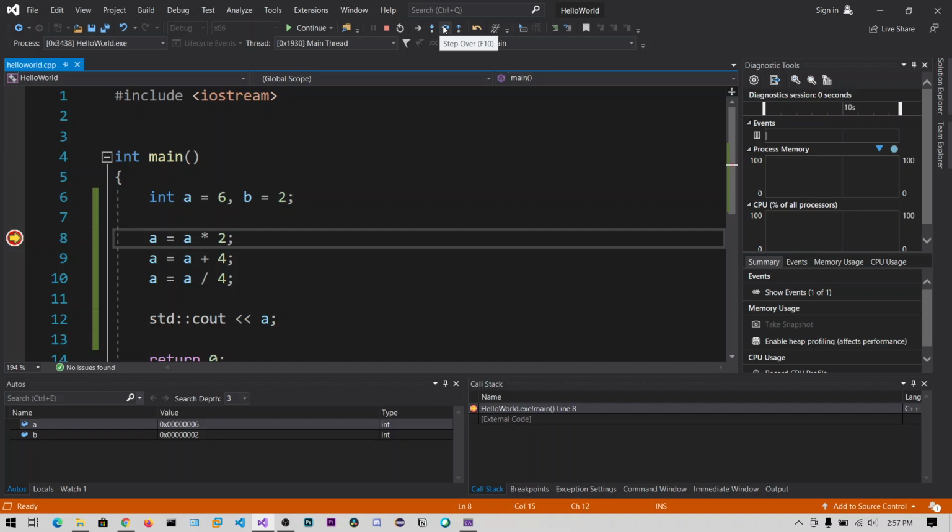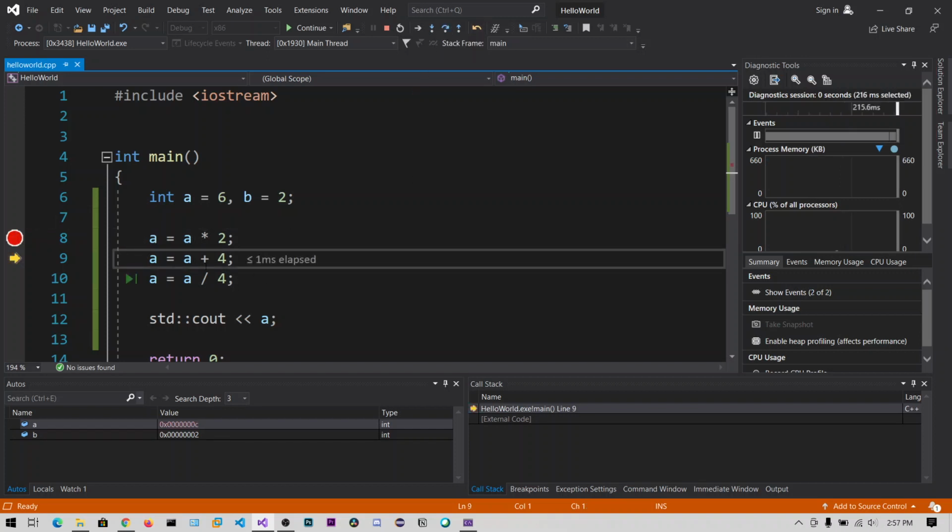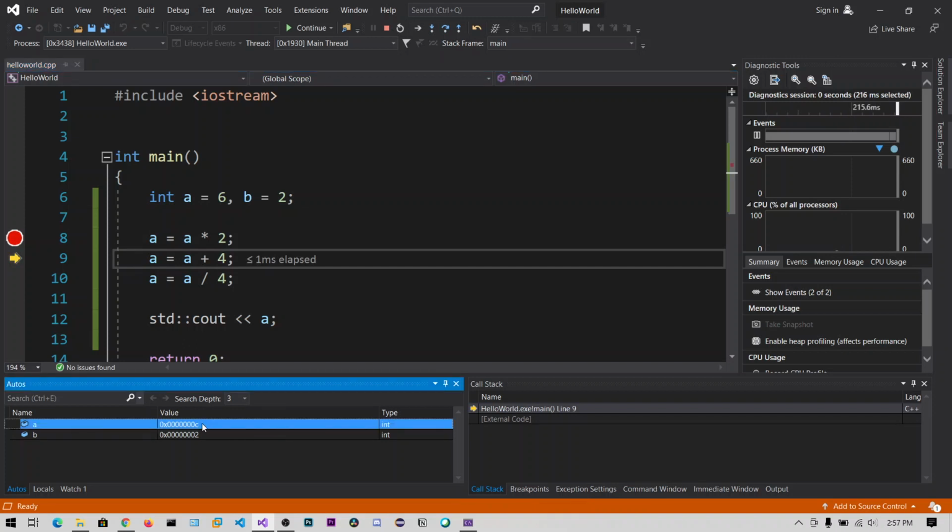So let me click on step over. Now after this execution, A value gets into 12. Click on step over. You can see here the hexadecimal value has turned to C, that is 12. A is 10, B is 11 and C is 12.